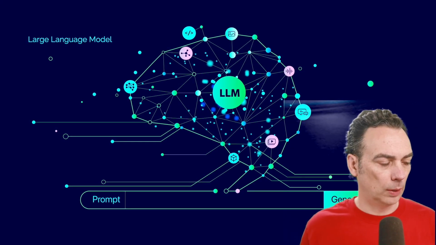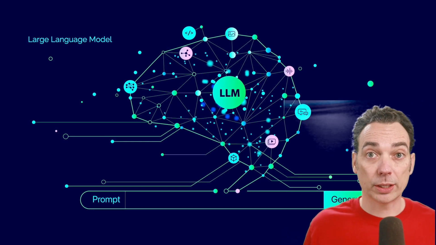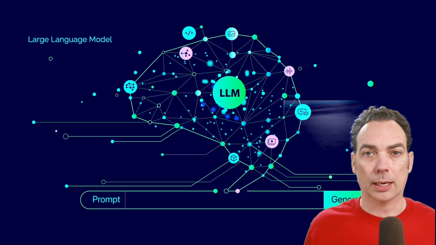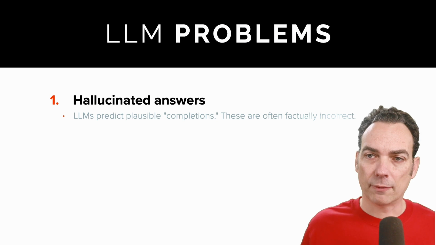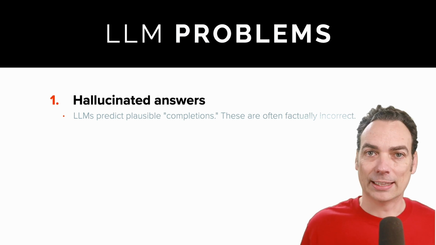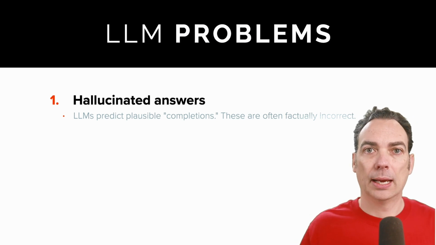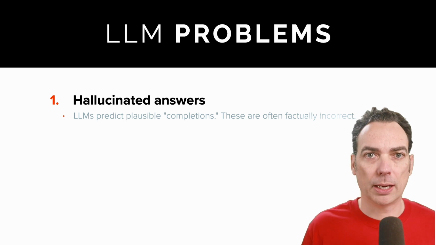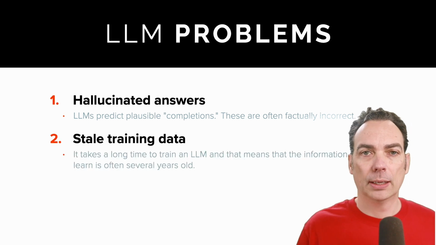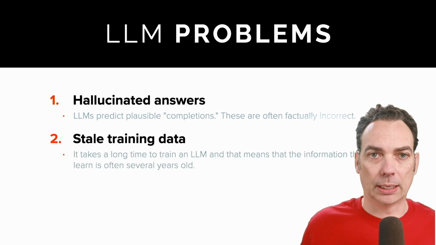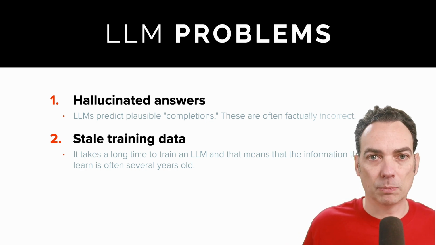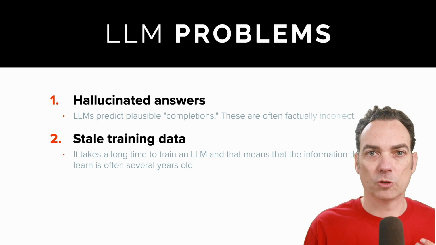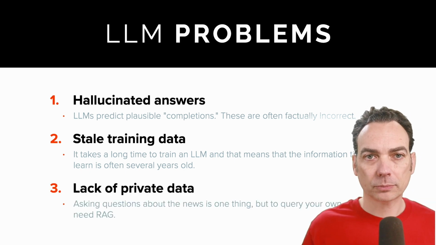LLMs. So we all know LLMs are ubiquitous pretty much at this point in time. And they are also a little bit problematic. They have a number of issues that come up a lot, like they like to hallucinate answers. That's because they give probabilistic answers that may or may not be totally accurate. They're trained often on stale training data. They can't be that up to date because it takes so long to train them. They're at least months, if not years behind in terms of what they know versus what the most recent things are that we all know.